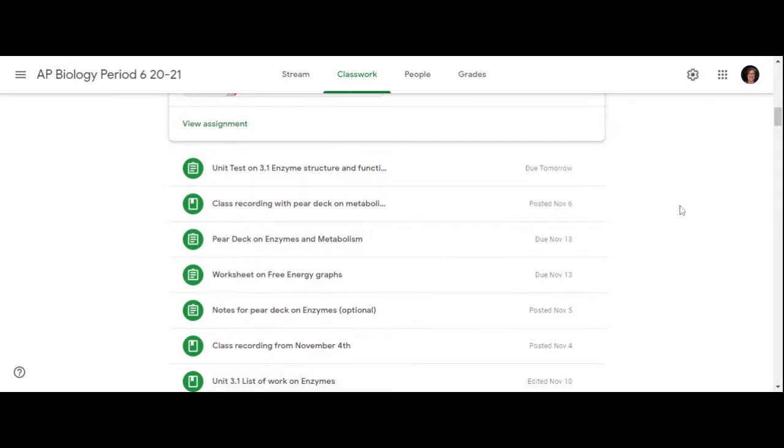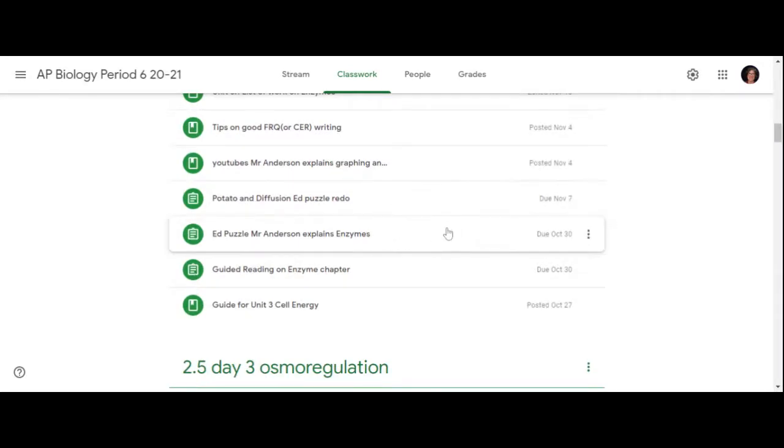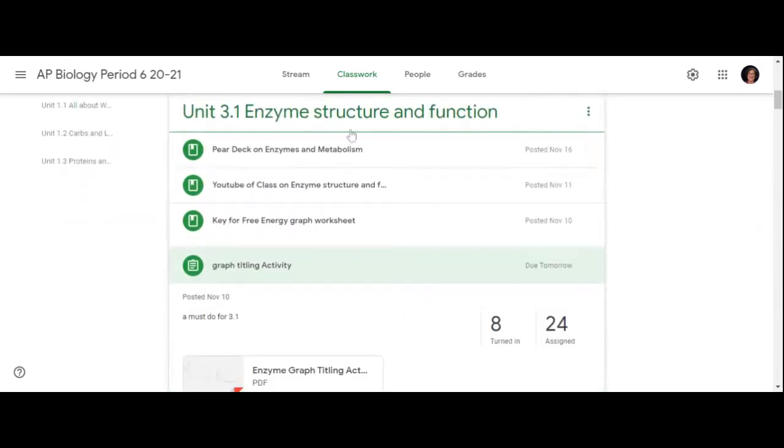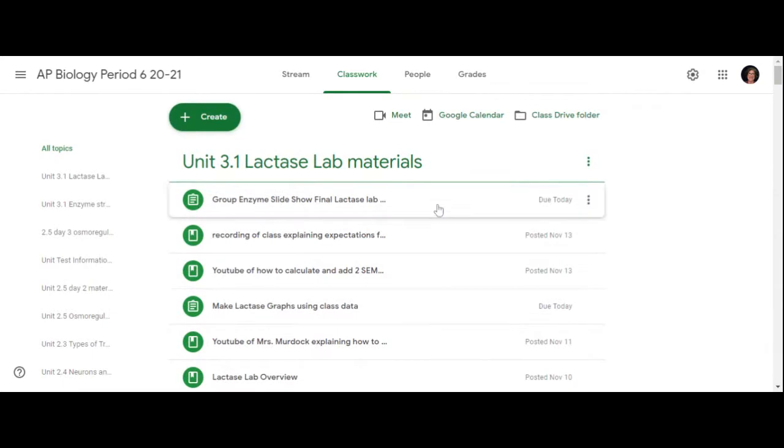The only other thing that was, here we go. So the ed puzzle and Mr. Anderson's down here, right? And there's the guided reading. And then you had a guide for cell energy, which I'll show you in a second too, just to show you what's actually going to be on the test, all right? Okay, so everything that you need to do in terms of practice is in this folder. Everything that you needed to do for the lactase enzyme is in this folder, right, which you guys have already been working on, right? So the HHMI ed puzzle is in here, the make your 2 graphs thing is in here,